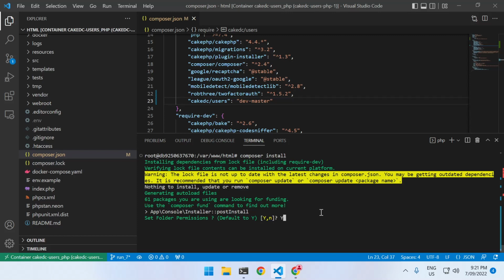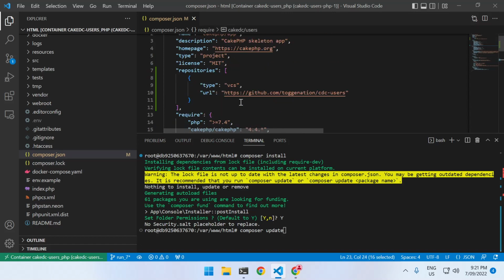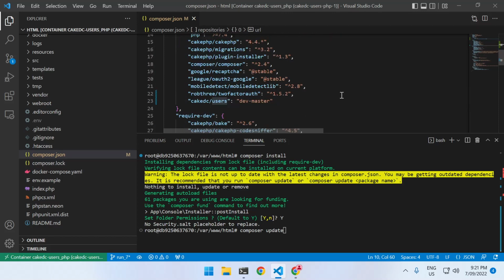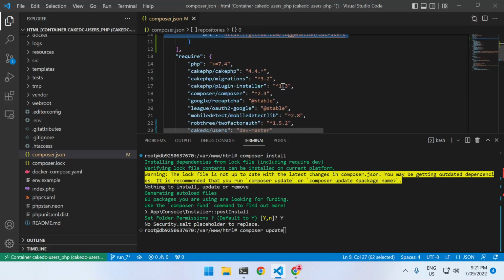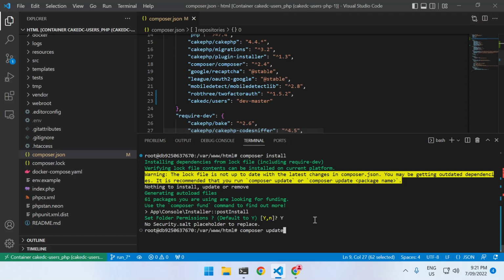And notice, although I've made these changes and saved the file, it didn't pick them up when I did an install. So I have to do an update, and what an update will do, it will loop through all these packages and check for the latest. But in this case, it will check the repository here and open Composer JSON and find a match between this and this repository, and then pull this one in preference to the one from Packagist. So just do Composer update,